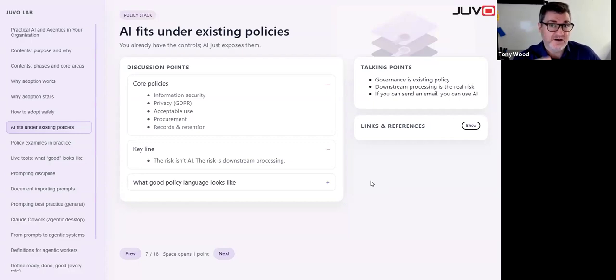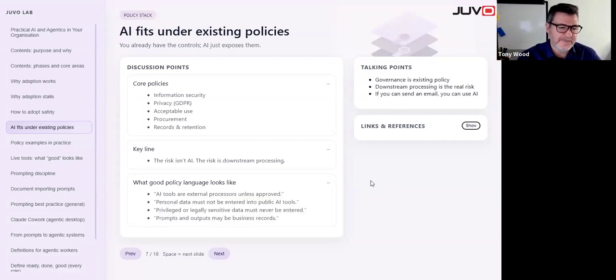Are my secrets, my tacit ways of working, which is their secret sauce, your secret sauce, how am I protecting that from being absorbed? So there are simple things that they'll tell you how to do, like turn off training. Don't use the information to train it. And you should be looking for that in all of the areas that you're looking at.